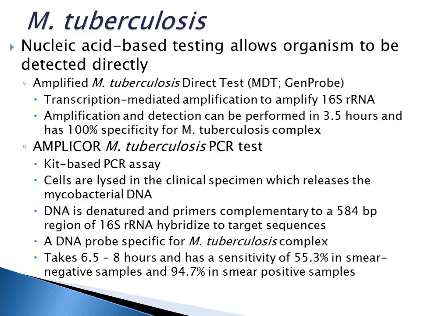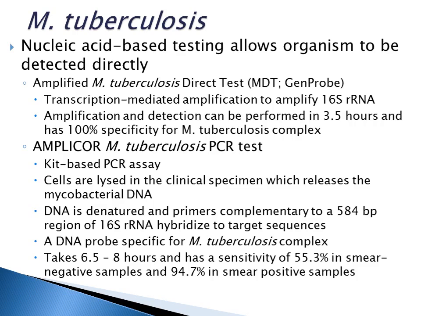So nucleic acid-based testing allows Mycobacterium tuberculosis to be detected directly. There are several different types of molecular-based tests that are now available. There's the Amplified M. Tuberculosis Direct test made by GenProbe. This is a transcription-mediated amplification which amplifies the 16S ribosomal RNA. Amplification and detection can be performed in 3.5 hours and has 100% specificity for members of the Mycobacterium tuberculosis